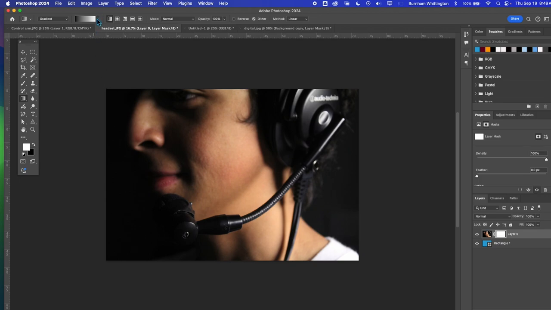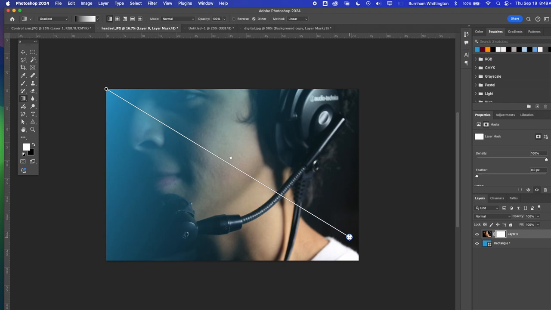Oh, you'll want a black and white gradient because it's the blackness or the whiteness. Even if you use color, it's going to measure how dark it is or isn't, is all. There will be no color influence on this opacity, okay? So I want to focus on the headset. So I'm going to use this gradient, which starts out dark and goes to light. So I will drag that, and you see how the color